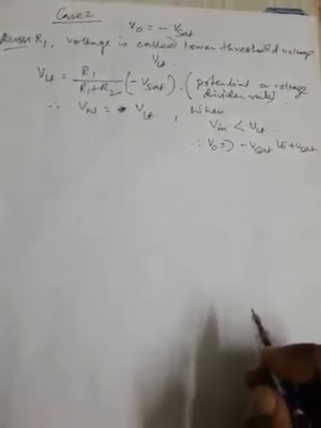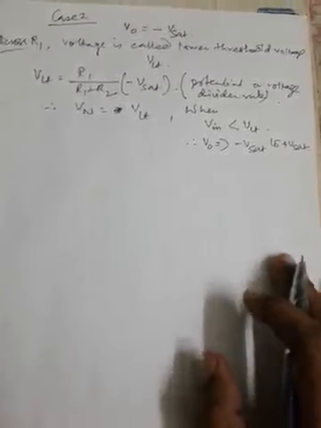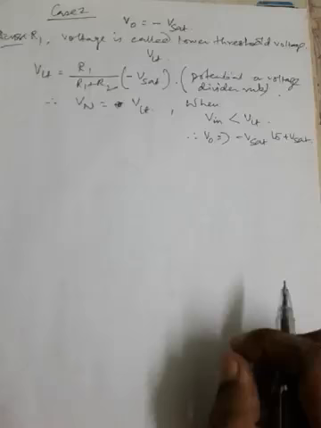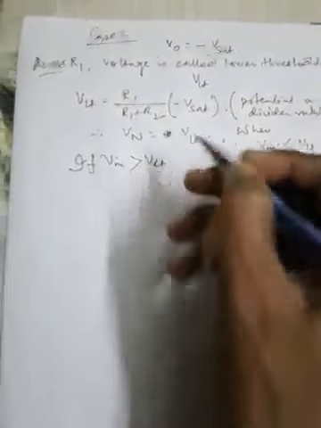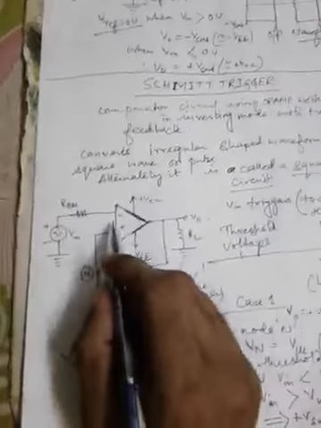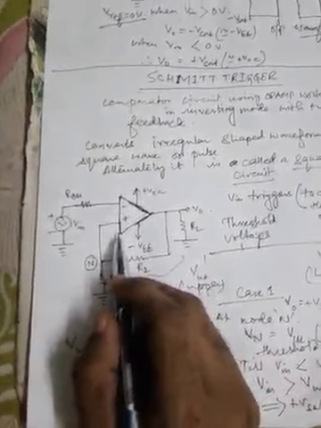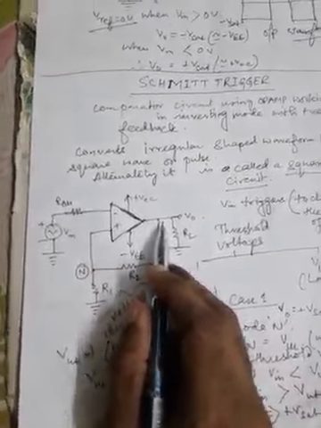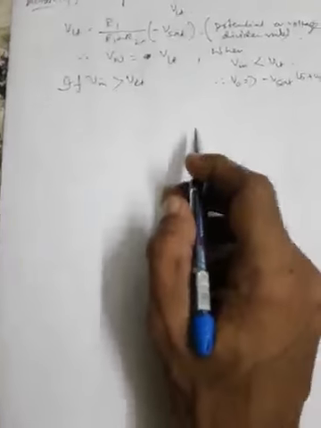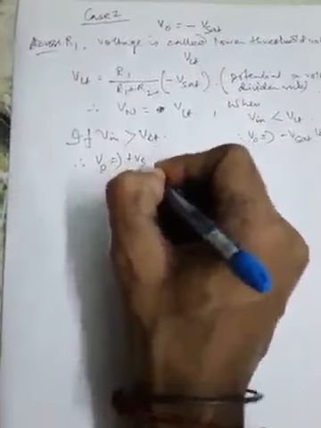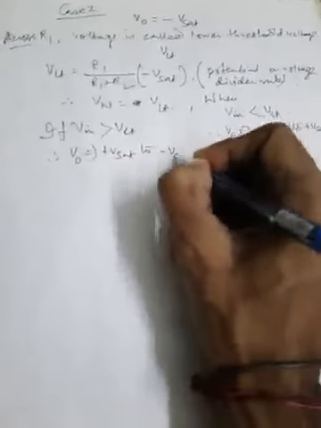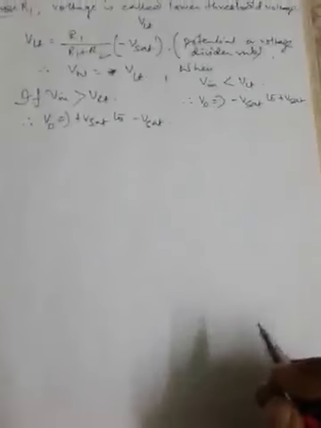This is the operation, in other words, for Vin values greater than VLT. Now if Vin is greater than VLT, what happens? That means voltage at the inverting terminal is more than the non-inverting terminal, so output should remain at negative saturation. So that means VO is at minus Vsat. So in that case, VO will switch from plus Vsat to minus Vsat, positive to negative saturation.